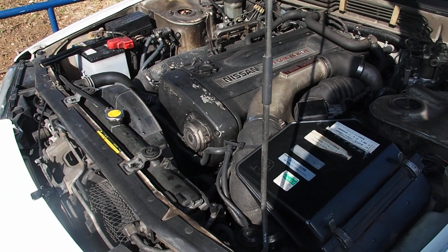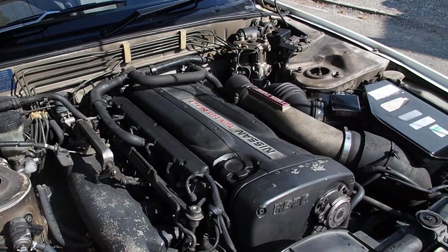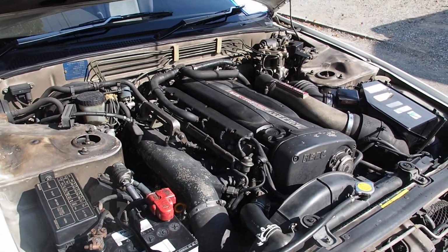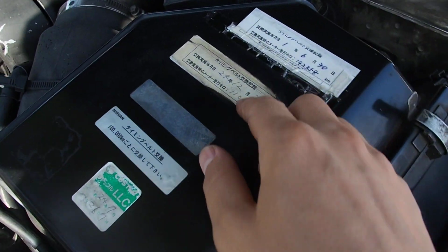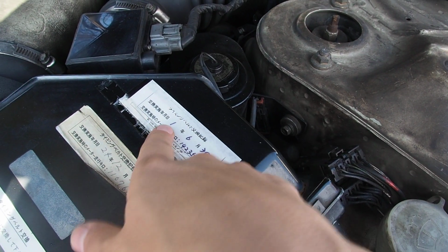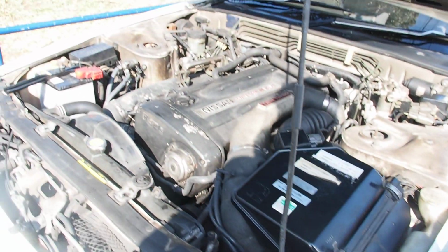Obviously it is an over 25-year-old car, so it's going to have some things here and there. But the engine running condition is good. Like a lot of these GTRs, it can be running better with some tune-up, but it's fine. I don't see any problems. Timing belt was changed twice. First at 110,000 kilometers in 2012, and then at 142,000 kilometers in June of last year, pardon me,